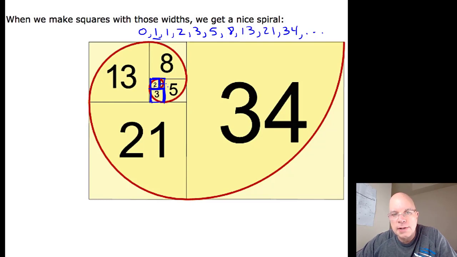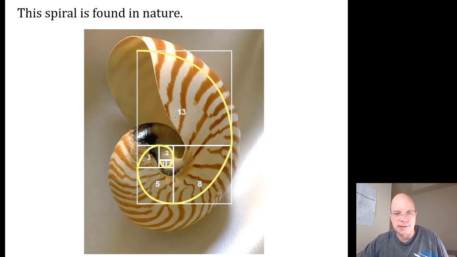But then also this 3 plus this 2 would give you a square of side length 5. The 5 and the 3 would give you a square of side length 8. And it creates this red spiral that you see. And that spiral, the math that creates the spiral from that sequence, is found in nature, all kinds of different places like seashells,